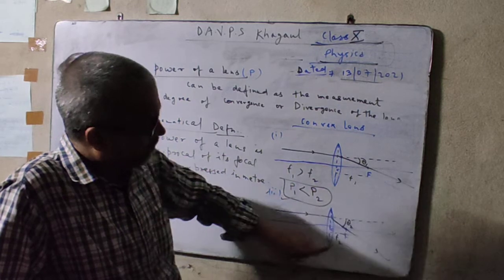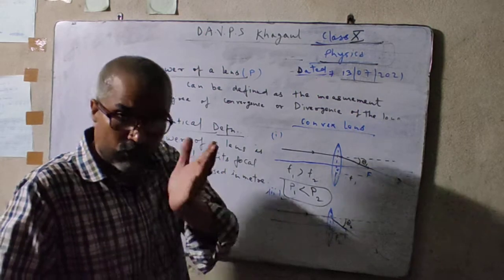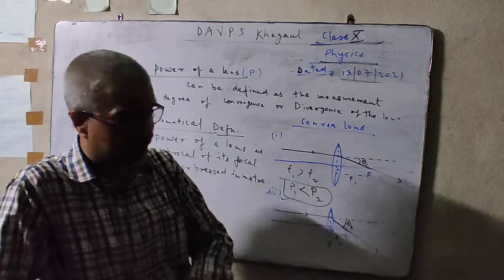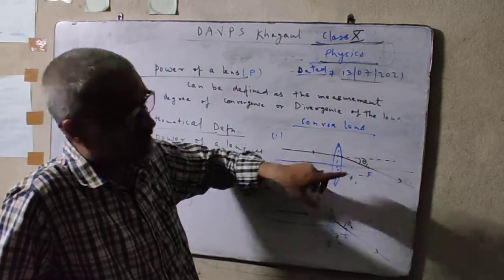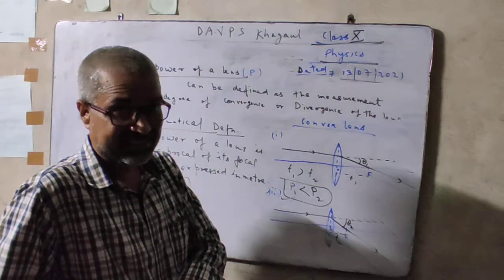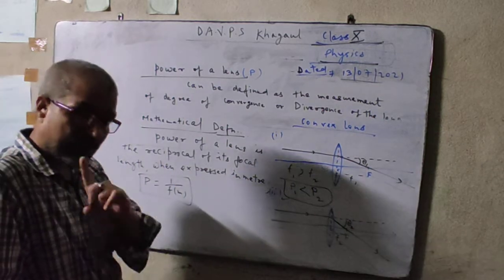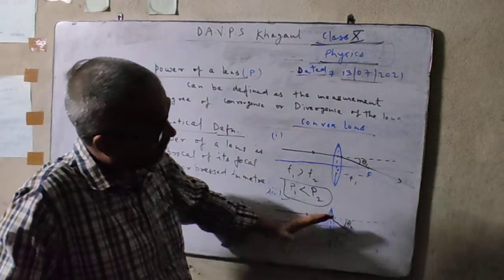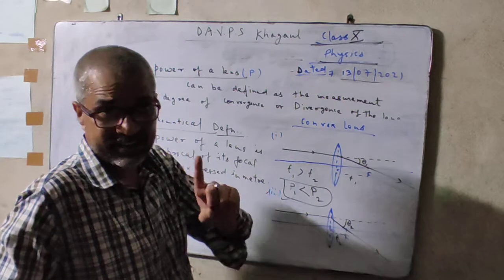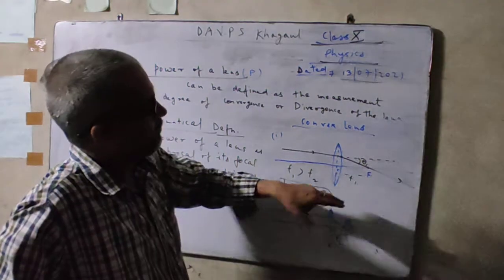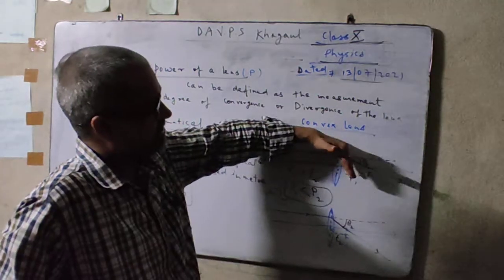So focal length less, angle more. So this is the power more through more angle. So the degree of convergence is more here for the second convex lens. The degree of convergence for the first convex lens is less. So here mathematically, the formula we have verified that power of lens is the measurement of degree of convergence, that is more in the second lens, having less focal length, more power. First convex lens, more focal length, less power, less degree of convergence.